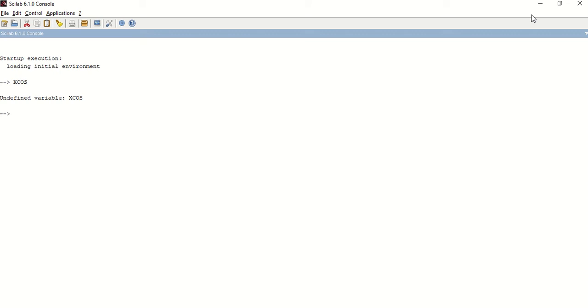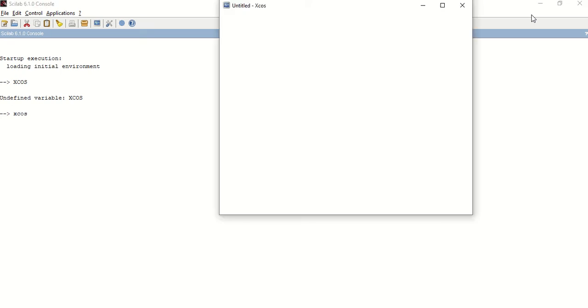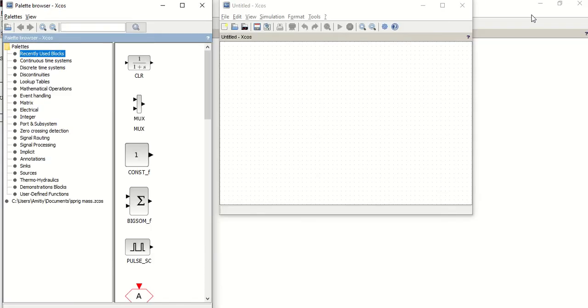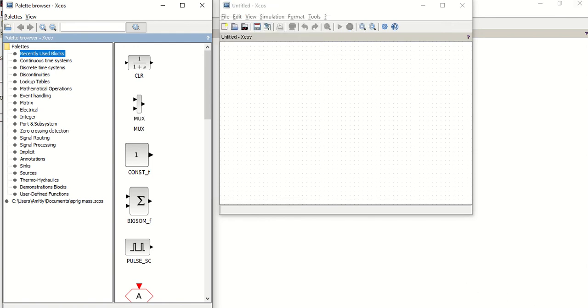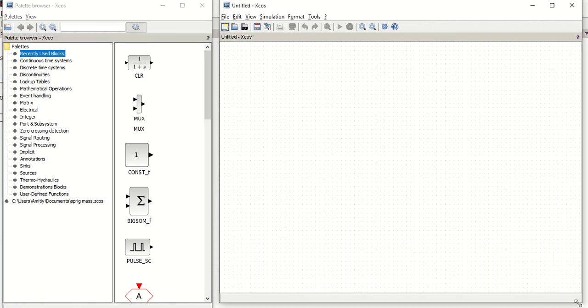Now I need to open xcos by writing the xcos command. Here we are opening two windows. One window is called the palette browser window and the second is called the xcos window, or untitled xcos you can say. This is very much similar to Simulink of MATLAB.